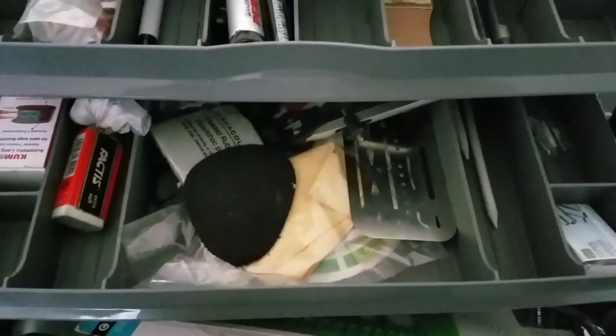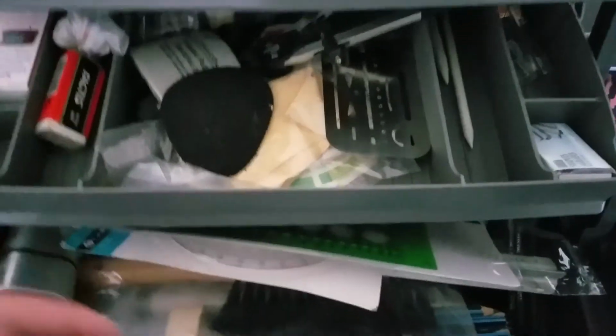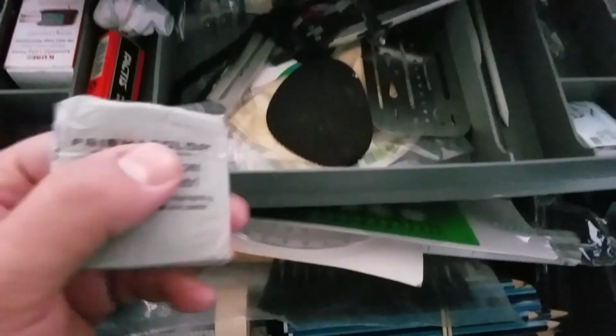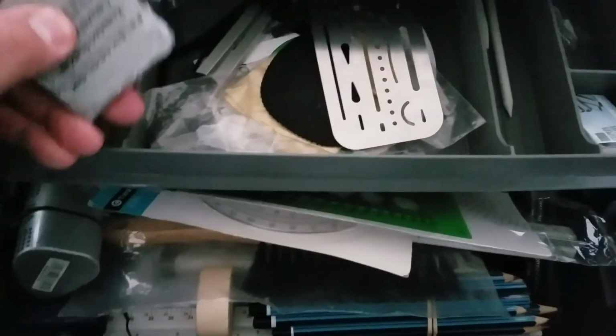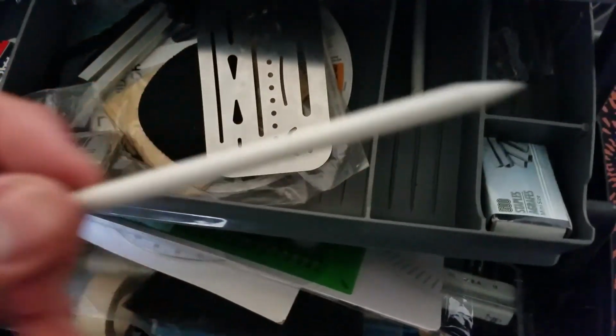I tried to do the shortcut with dollar store color pencils, and I just learned that my stuff is not going to look the same as with a Prismacolor pencil. Sometimes you have to pay a little extra, but if you want to just start off with black and white pencil drawings, you can really start off with just basic dollar store pencils, and then a couple of erasers from the art supply store that might be a total of $10. Buy the kneaded erasers, the art gum erasers, this kind here, some paper stumps, some tortillons, some blenders. Get yourself a couple of pieces of toilet paper, and you're ready to go with just basic